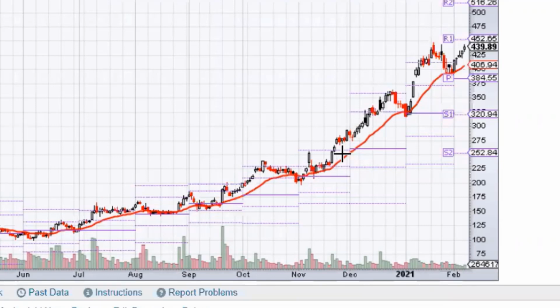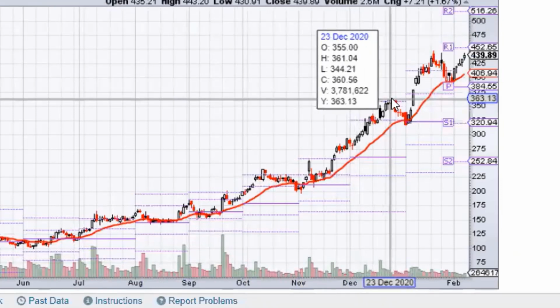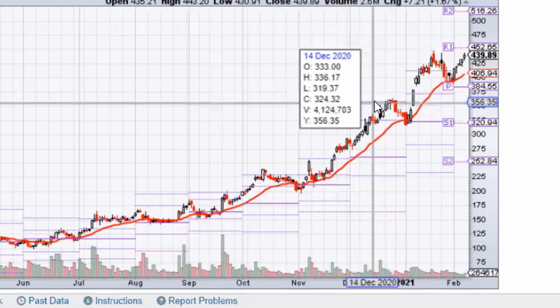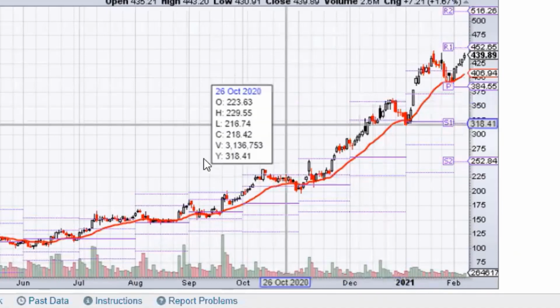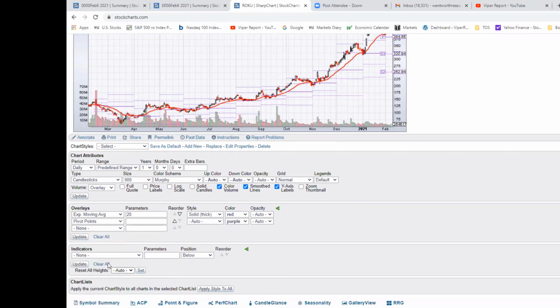So then we got quite a rally up, exceeded all the R levels in November. December, we hit the R2 here almost perfectly. Let's look at those numbers. So if you're going to say, okay, that high was 361.04 and the pivot was at 359. And of course, if you want to add the Keltner channels to it,